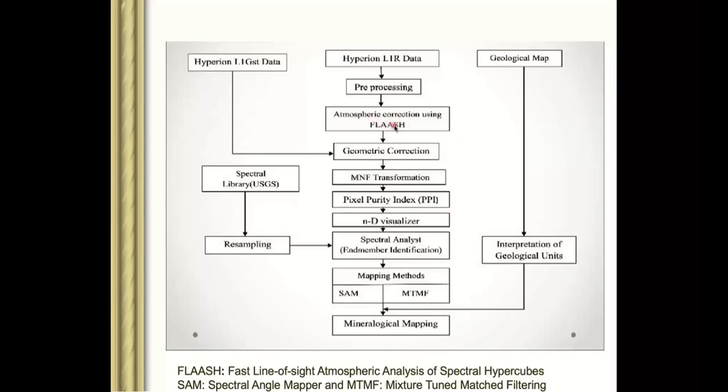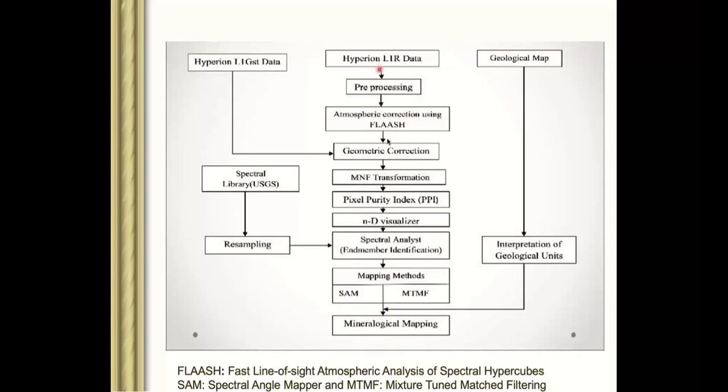Because in atmospheric correction, we are taking satellite images from outside the Earth, and it is an optical image. Optical means it is a visual infrared image. So in between the satellite and our Earth, there is an atmosphere, and in that atmosphere we have water vapor, we have ozone, we have aerosols, and all these three parameters, ozone, water vapor, and aerosol, cause problems in satellite remote sensing, especially in hyperspectral remote sensing.